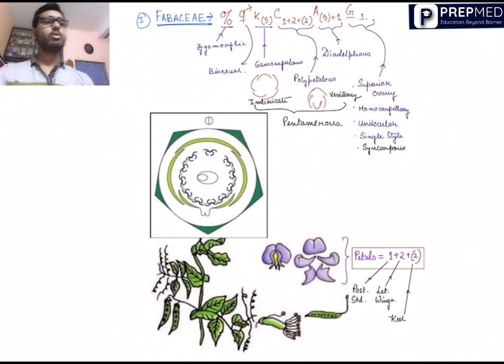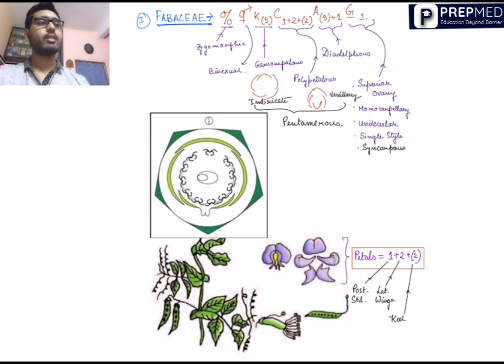Now let's come to the details of all 3 of them. Now this is the floral formula again. Here I have again discussed the significance of the characters. So it's zygomorphic, bilaterally symmetrical, bisexual, gamosepalous, why? Because it's within a single bracket. This is, as you have guessed, polypetalous. Di, because it's in 2 groups, diadelphous. This is a superior ovary because there is a dash. Monocarpellary because it's 1. Unilocular because it has 1 compartment. Single style,